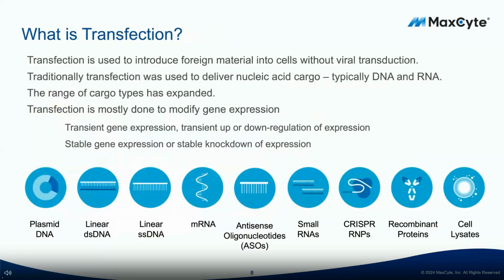In terms of transfection, you can use a non-viral approach to introduce foreign materials into cells. Traditionally, transfection involved mainly nucleic acid cargo delivery, such as DNA or RNA, but there are a wide range of cargo types that can be delivered into the cell, and you can see that below, from DNA plasmids all the way to mRNA or recombinant proteins or ribonucleoprotein complexes. And transfection is mostly done to modify gene expression, whether you overexpress or downregulate that expression or stably express